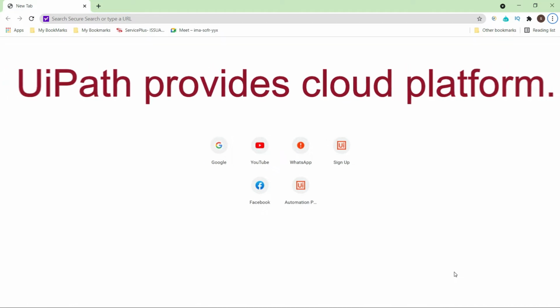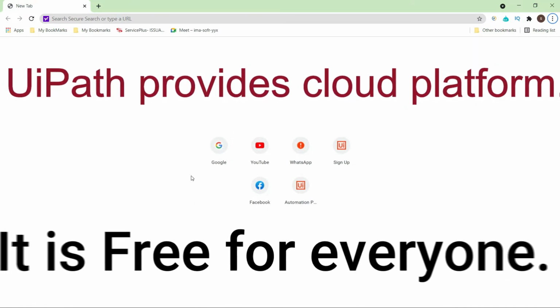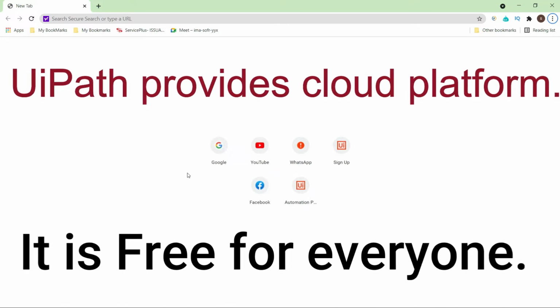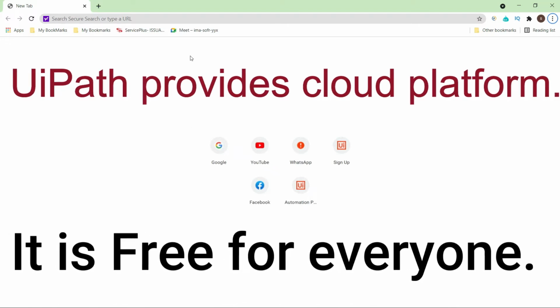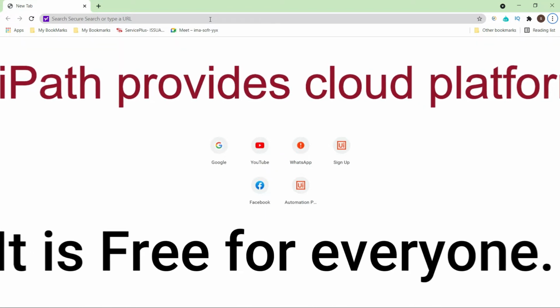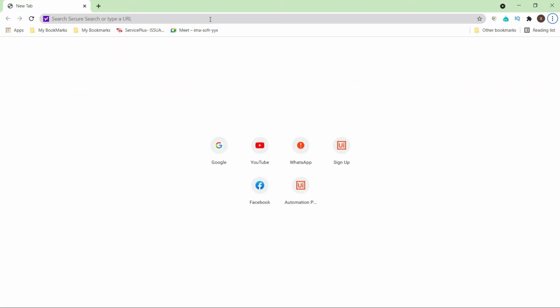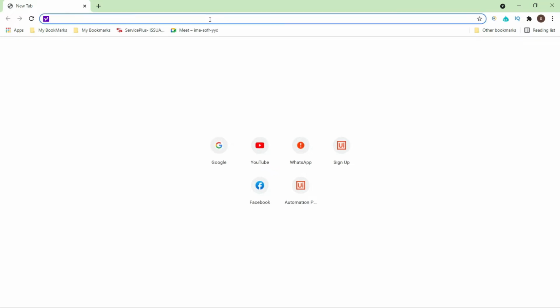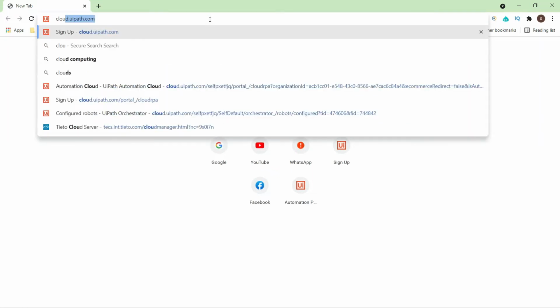For that, you will have to open the Chrome browser. And I assume that you are aware of how to configure and open the orchestrator on UiPath Cloud. This is the platform that UiPath has provided to everyone. For that, you have to log in with your email ID account, and the cloud platform is accessible for everyone. If you don't know about this, then please write it in a comment and I will respond to you in the comment section. To access the UiPath platform on cloud, you have to use the URL cloud.uipath.com.